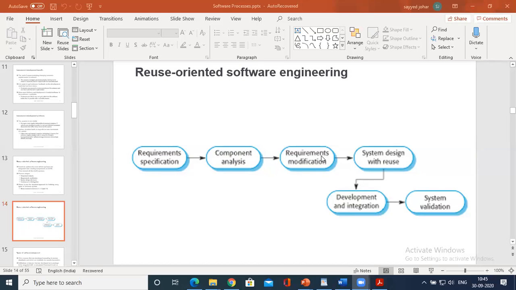In requirement modification, the requirements are analyzed using the information about the components that have been discovered. Then they are modified to reflect the available components.